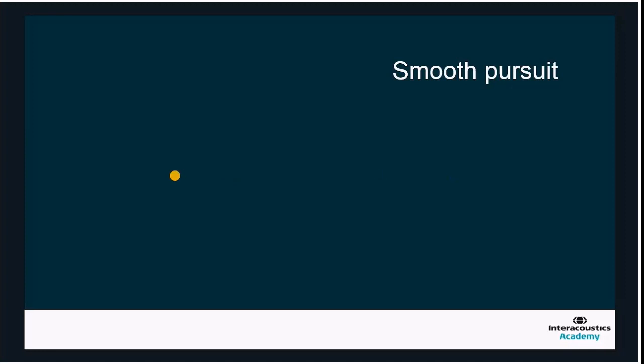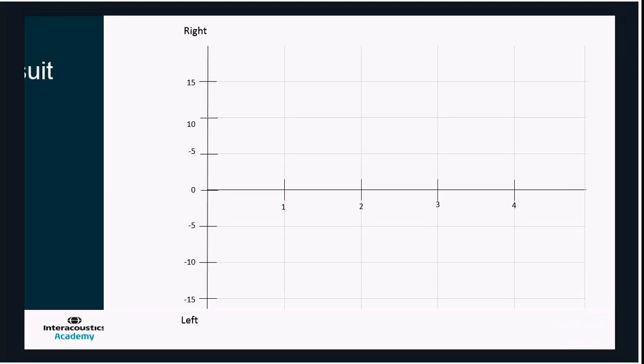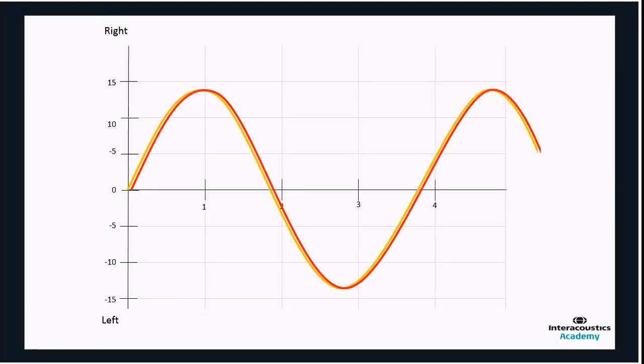may be present. What we can see here is we have our target that has moved in a very sinusoidal fashion, and the eye movement is tracking and moving both at the same speed and distance as the target. We can look at different parameters within the smooth pursuit, so we can look at gain as being a measure of the eye movement versus the target movement. We can look at whether the movement is within phase of the target movement, and we can also look at